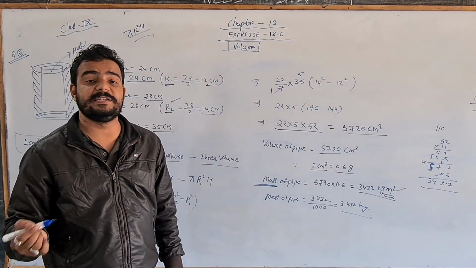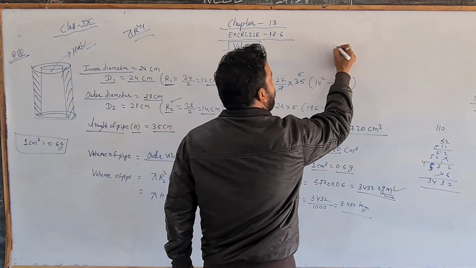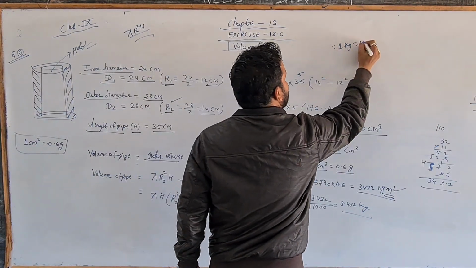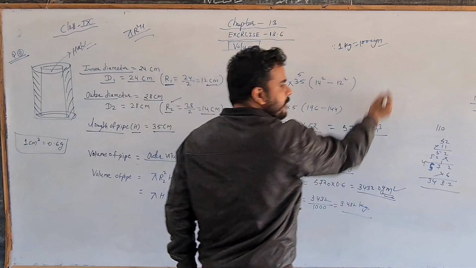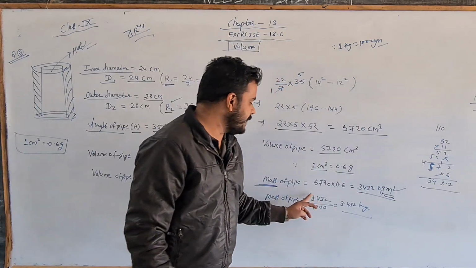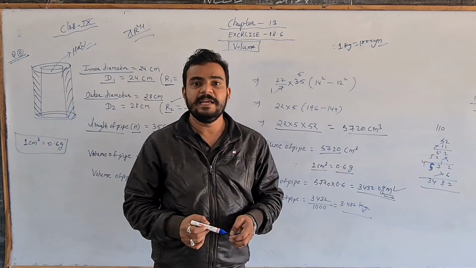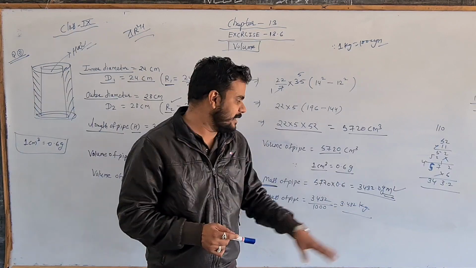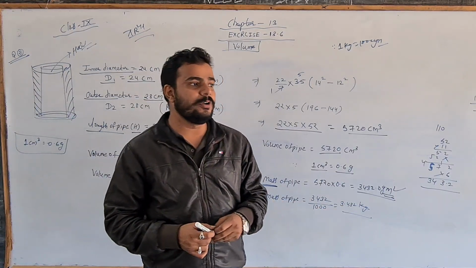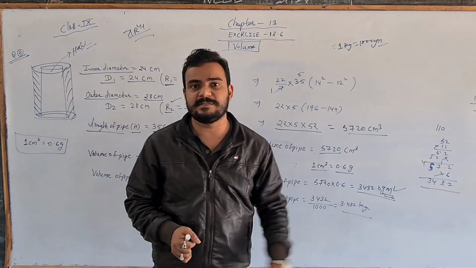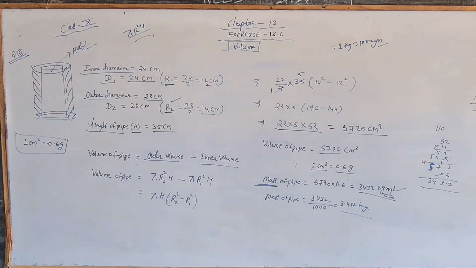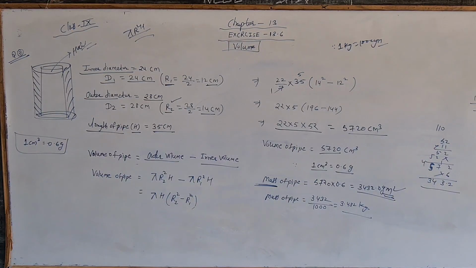But if we need to change into kg, as you know that 1 kg is equal to 1000 gram, so we will make the division by 1000. So 3432 upon 1000, and 3.432 kg is our answer. So this is the final mass of the wood. Whatever we need to find, that is our answer. So just take the screenshot and write in your notebook. And if you are having doubts, then afterwards you can ask.